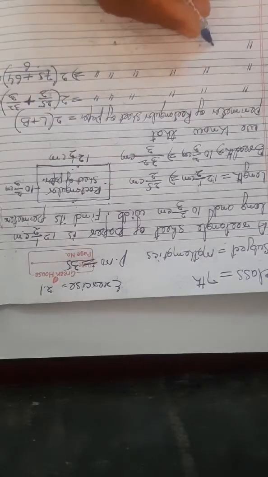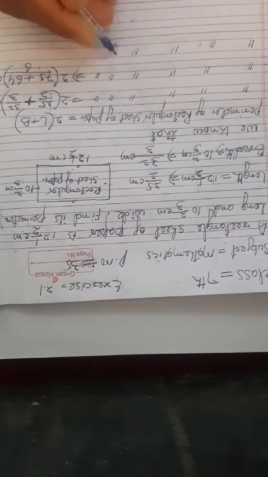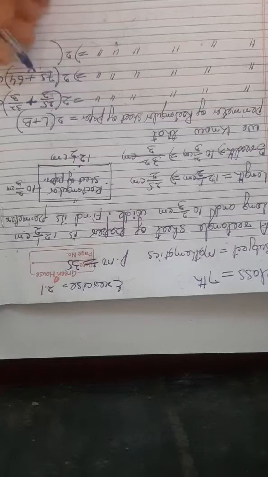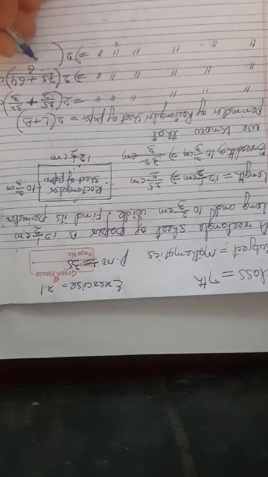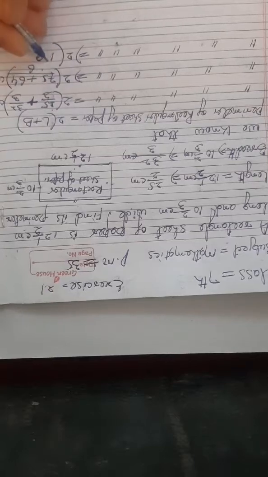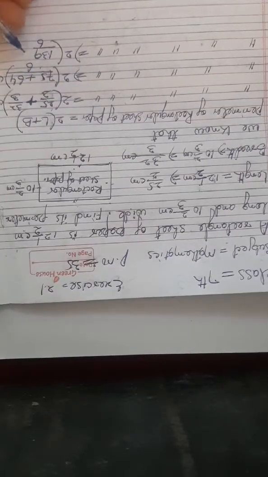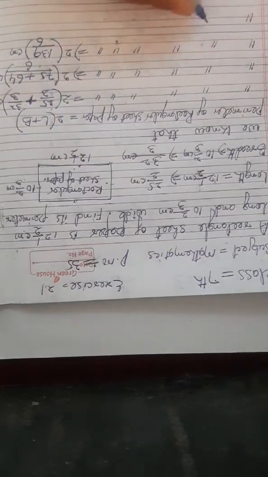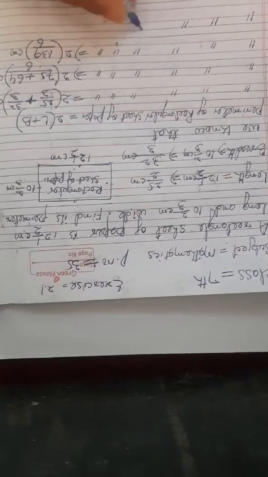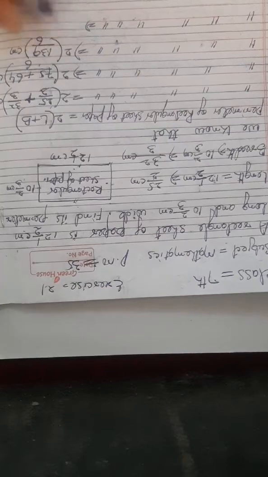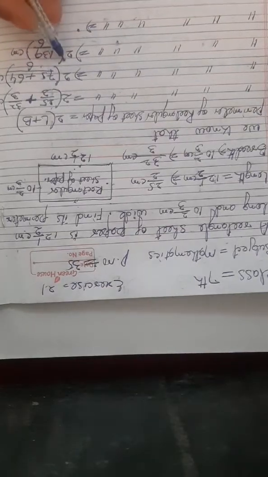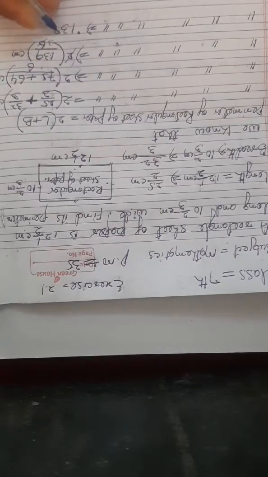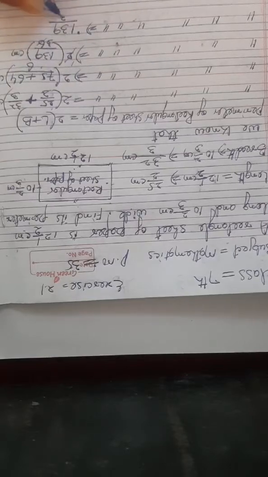Here we will write again: perimeter of a rectangular sheet of paper is equal to twice, we will write it like this. We will add these. 5 and 4 make 9, 6 and 7 make 13. Divided by 6. We will write centimeter like this. After that we will write again: perimeter of a rectangular sheet of paper is equal to twice. Here we will do 2 1s are 2, 2 3s are 6. We will write 139 divided by 3 centimeter.